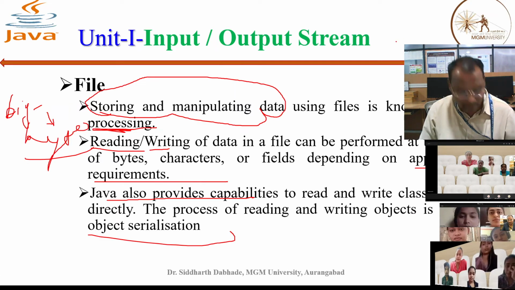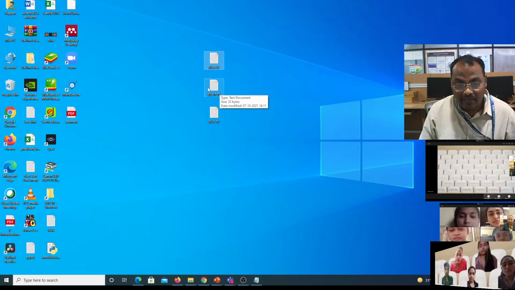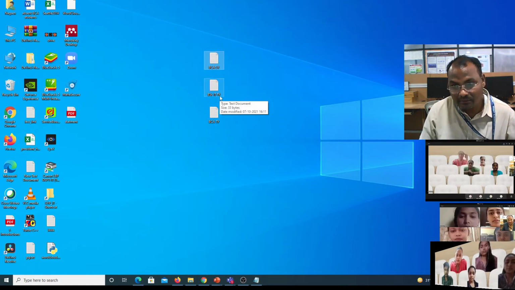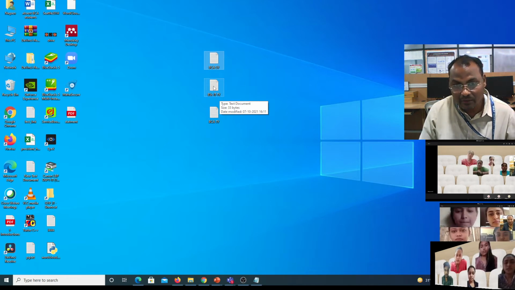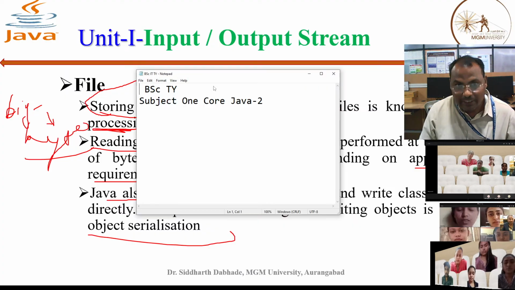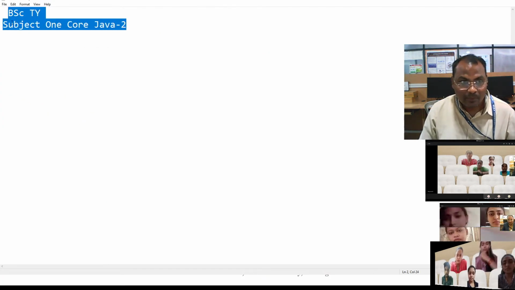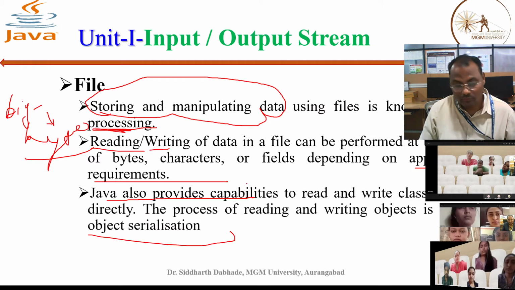In the second file, BSCIT TY, what is inside this file? We can read this by double clicking. BSCIT TY, subject 1 Core Java 2.